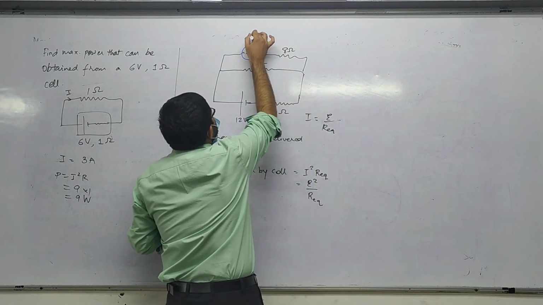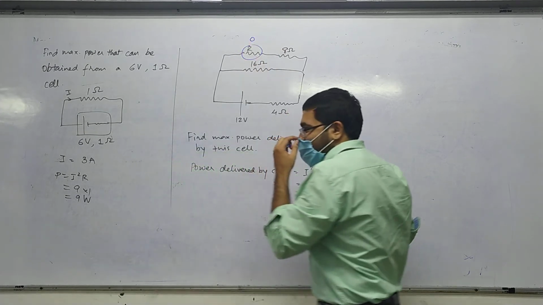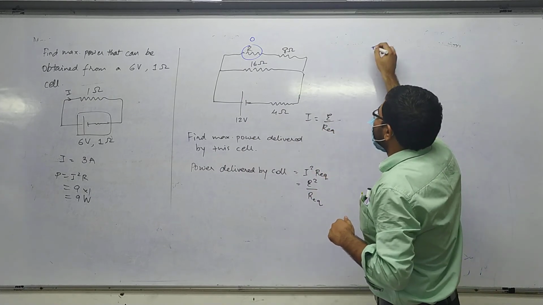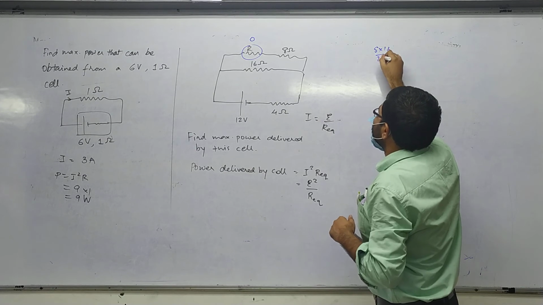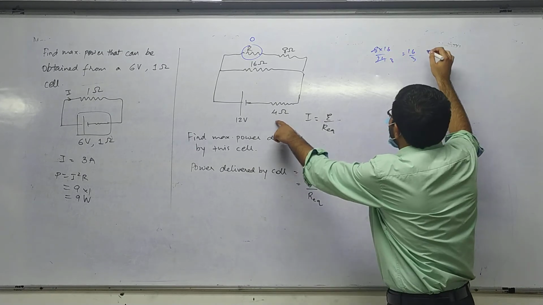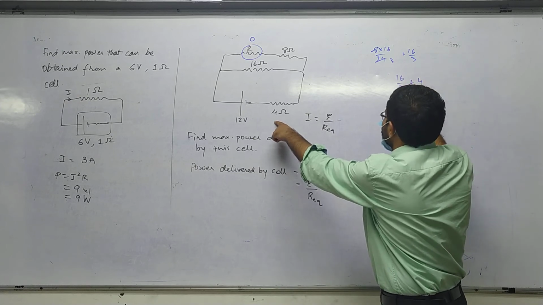So we are putting this as 0. Now 8 and 16 in parallel is 8 into 16 upon 24, so that is 16 by 3, and plus 4, so 16 by 3 plus 4 is